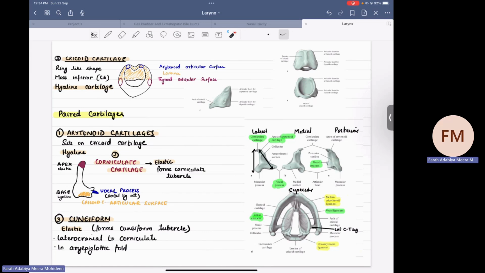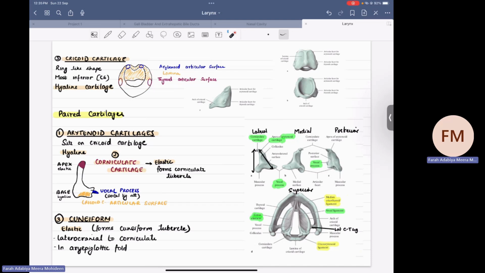Now, your cricoid cartilage is the third unpaired cartilage, which is made up of hyaline cartilage. When you look at the anterior view, you have the yellow part, which is the lamina. It's like a ring-shaped cartilage, and it's the most inferiorly placed cartilage of your larynx at the level of about C6, right? You have two fossas or articular surfaces. One is for your arytenoid cartilages, which are paired, and then you have your thyroid articular surface, where the inferior